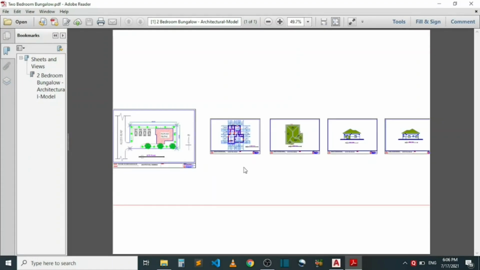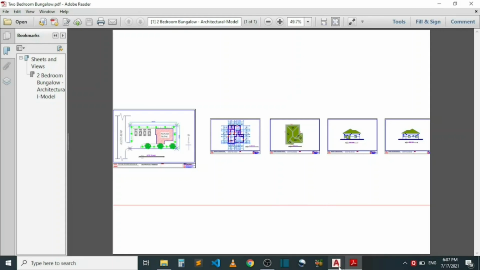The problem here now is I actually wanted to export only the floor plan over here, but you can see I have the roof plan, the elevations, and also the site plan over here. So in using this method, you must always zoom on your drawing to cover up your screen, that is the area you want to export.